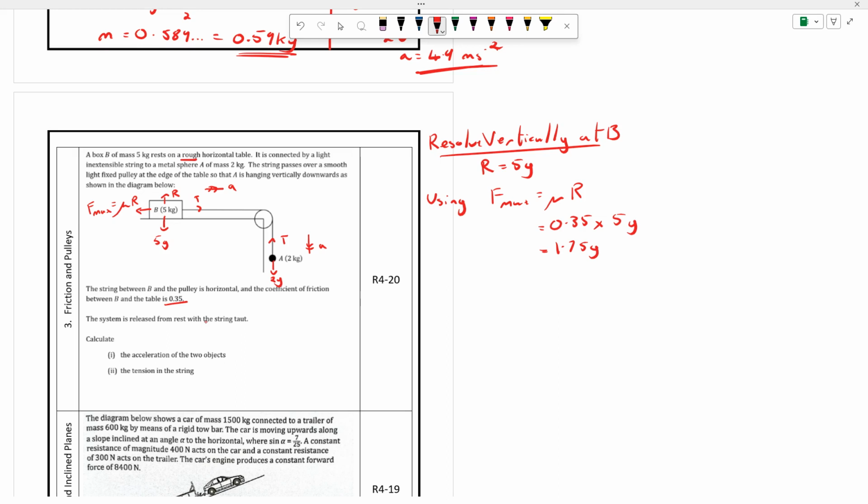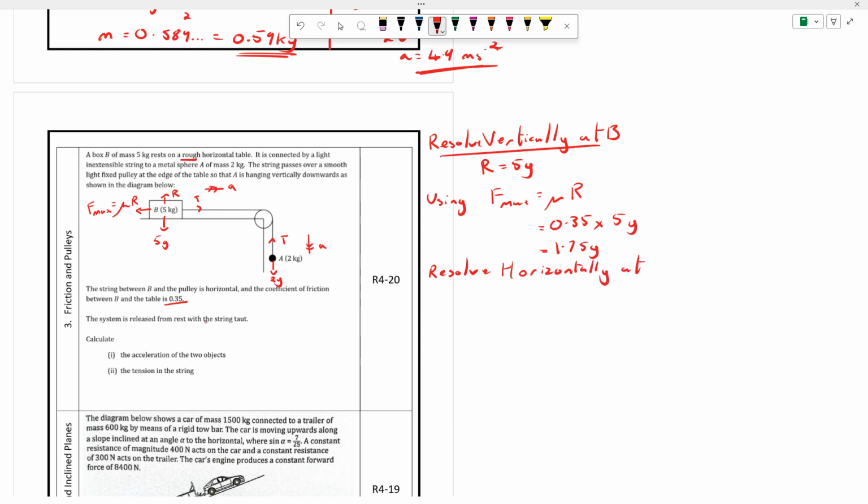Now I've only got two other things to do. I can either resolve horizontally at B or I can resolve horizontally at A. If you look at both of these, both of them have two unknowns: they both have an A and they both have a T involved. So again, I'm going to have a similar scenario to before, where I'm going to have to do some simultaneous equations. Since we're already working with B, let's carry on with B. Let's resolve horizontally